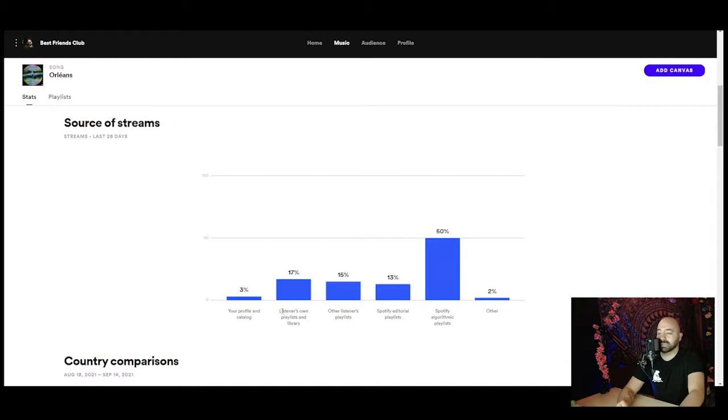Other notable numbers is listeners' own playlist. That's 17% as the second one. I really like to see that. And then the other one is the other listeners' playlist, which is at 15%. I just like this because this is actual real people streaming the music, real actual fans. And I think this is what's going to carry a song further and further into gaining more and more streams